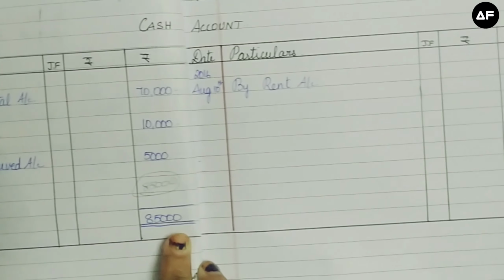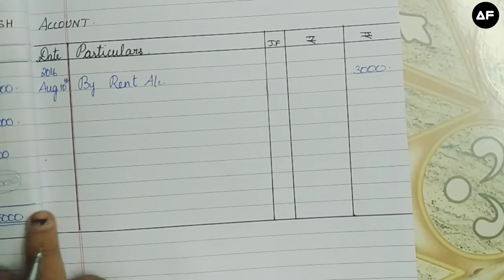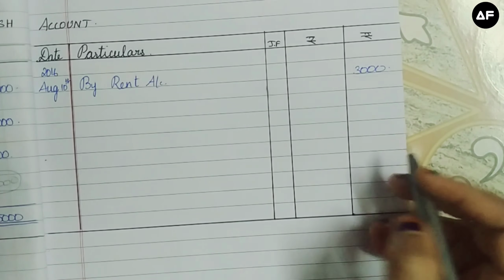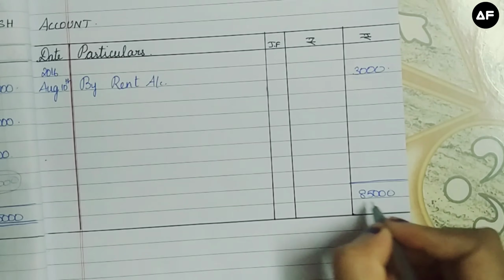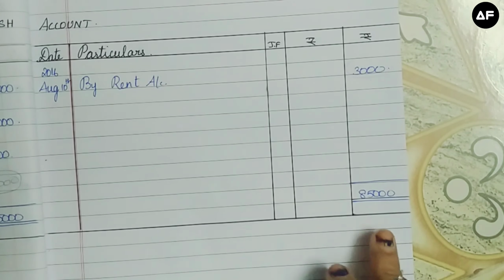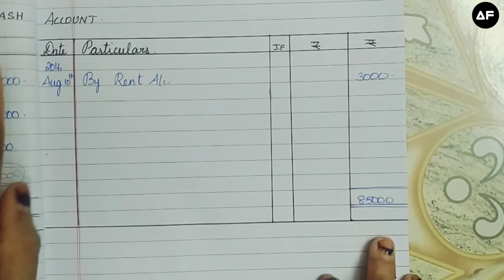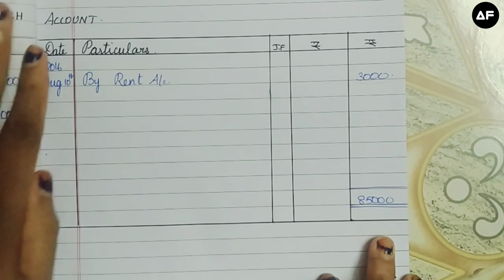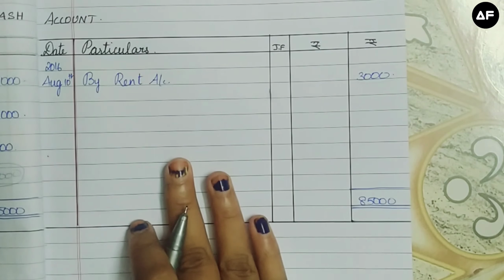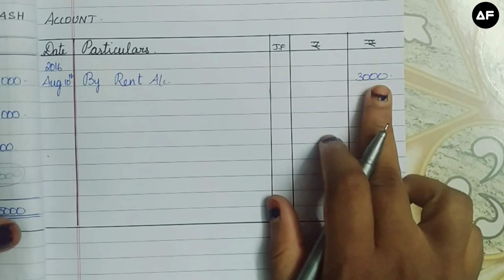Remember to underline it twice at the bottom. On the same line, go to the credit side and record the 85,000 as the grand total on the credit side also. Now next, since I've recorded the greatest total which was there on the debit side, I need not worry about the debit side. Now let's concentrate on the credit side, which has the least total.